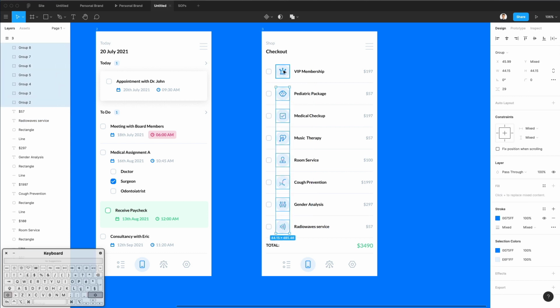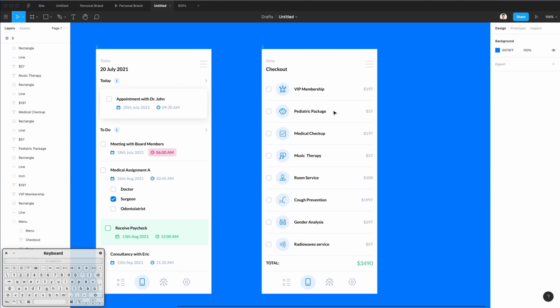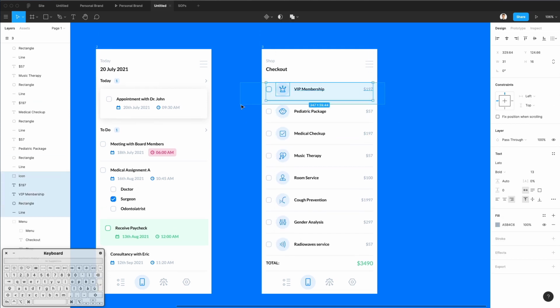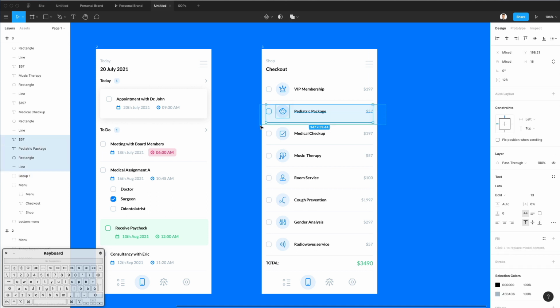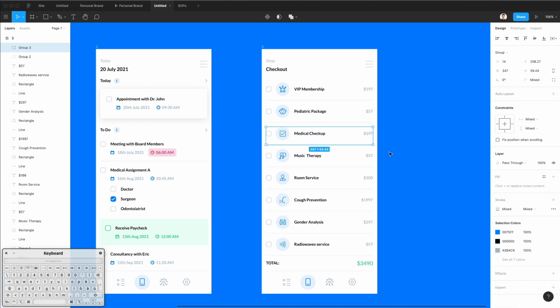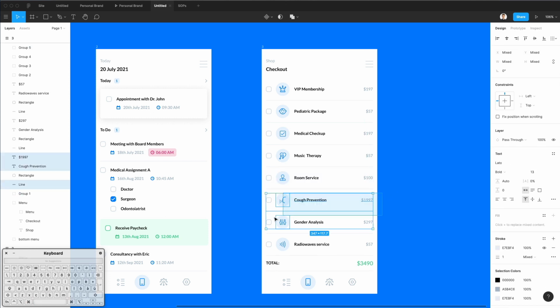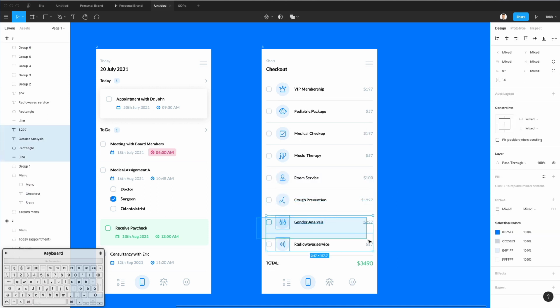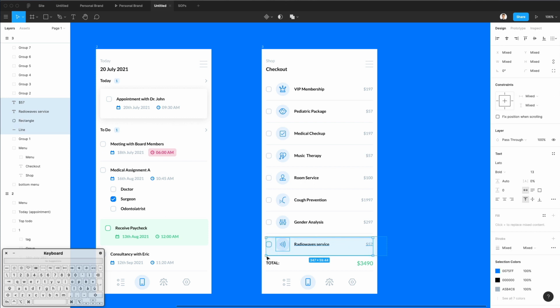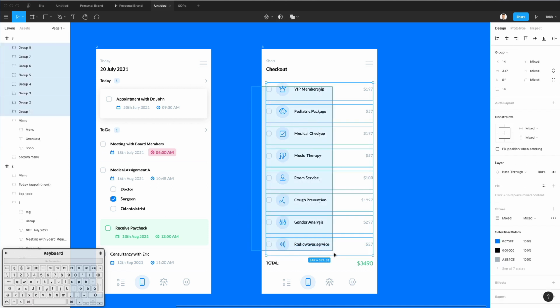Perfect. Name these two icons, and so far so good. I'm going to group these guys. Let's group these up. Let's group this one as well,